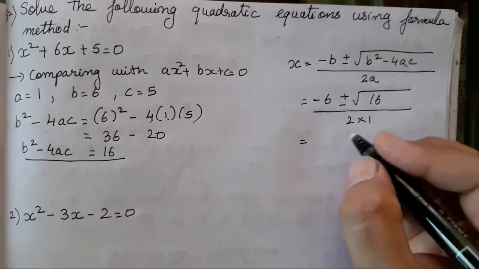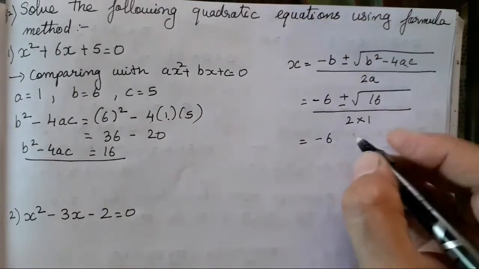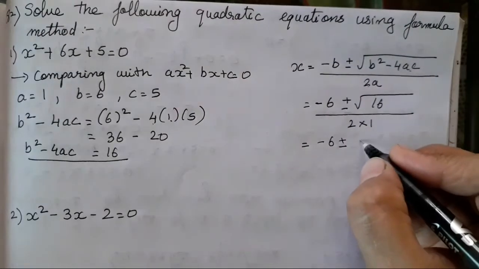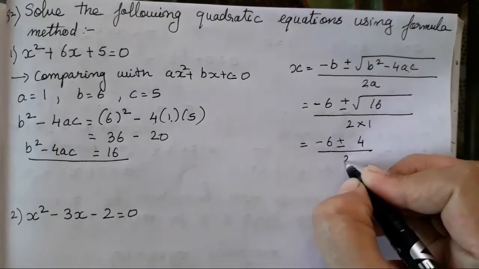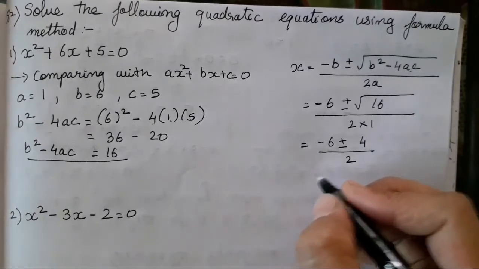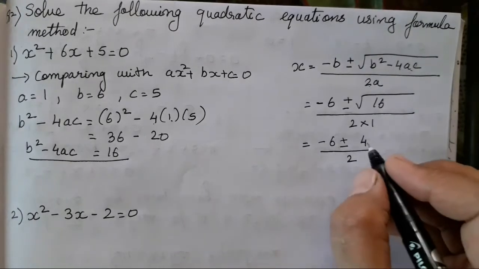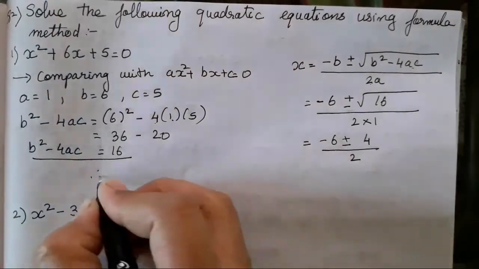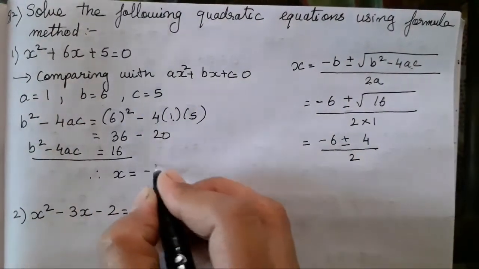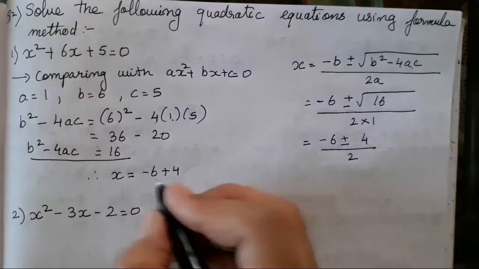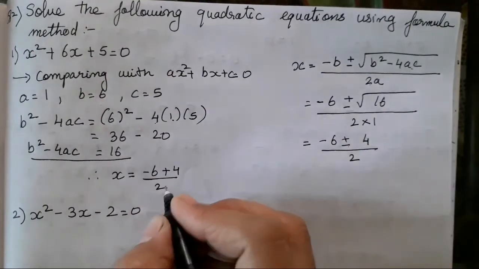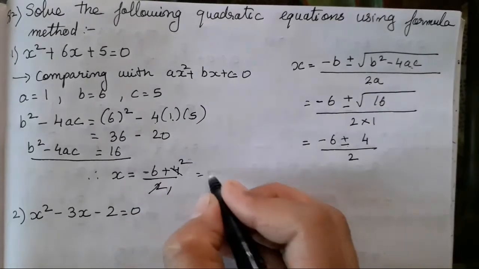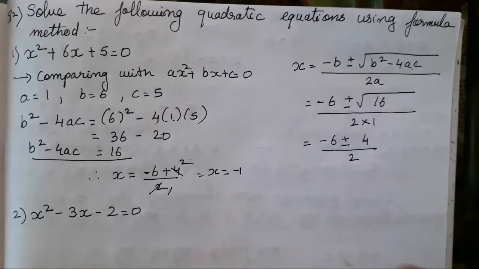Now do the following operation, that is minus 6 plus and minus, you all have to carry it as it is. Taking the square root, the answer is going to be 4, and this is going to be 2. So the answer is going to be 2 ones, you can keep it as it is, or you can take 2 x's over here. I will show you how. x is equal to minus 6 plus 4, because the plus and minus sign is there, isn't it? So 2 ones are 2, 2 twos are 4. When you subtract it, x is going to be minus 1.